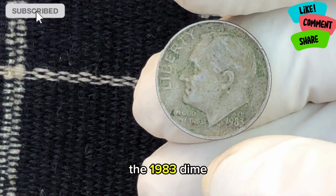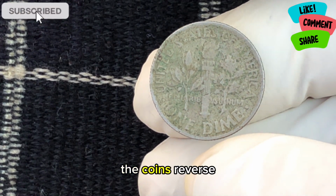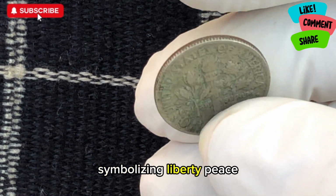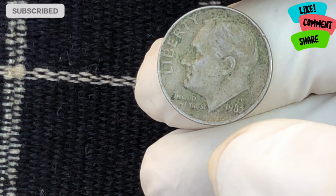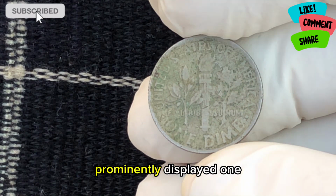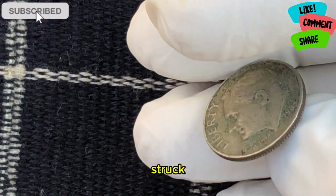The 1983 dime weighs 2.27 grams and has a diameter of 17.91 millimeters. The coin's reverse, backside, features a design of a torch, olive branch, and oak branch, symbolizing liberty, peace, and strength, designed by the famous engraver Adolph A. Weinman. The motto E pluribus unum is inscribed above the image, and the coin's face value is prominently displayed, 1 dime. However, while these details apply to the vast majority of 1983 dimes that were struck, there was a small